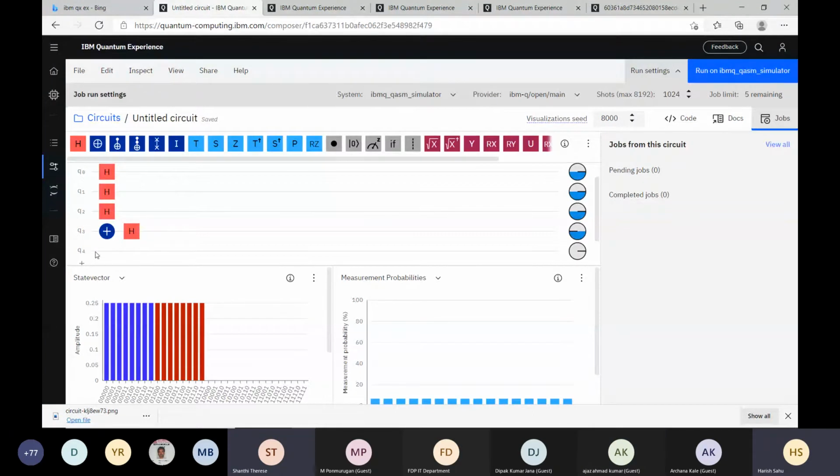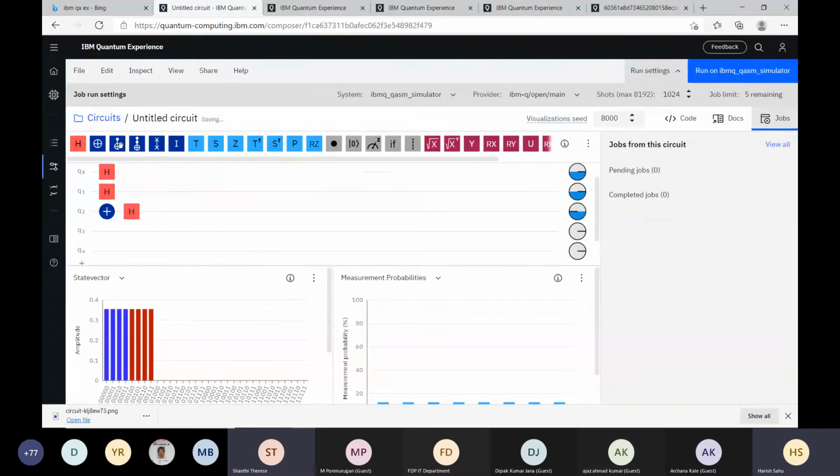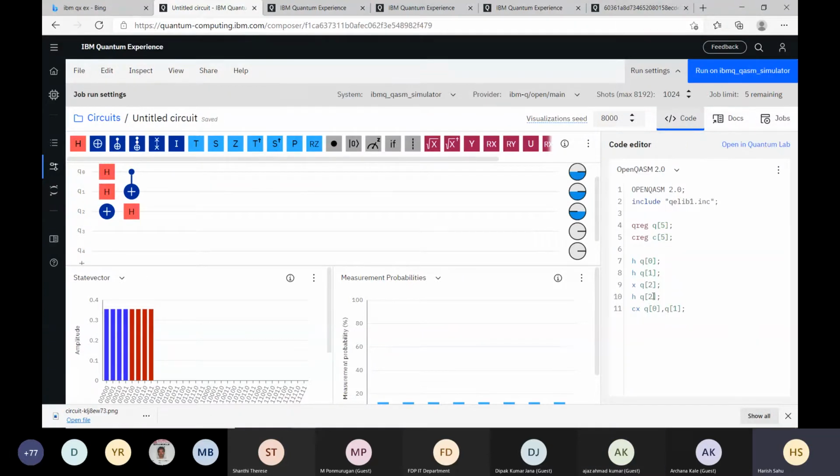First, let's do fx. Oh, just a second, I made some mistake. What I'm trying to do here is, let's suppose I apply this f here. Let's go to the code, okay, f3.